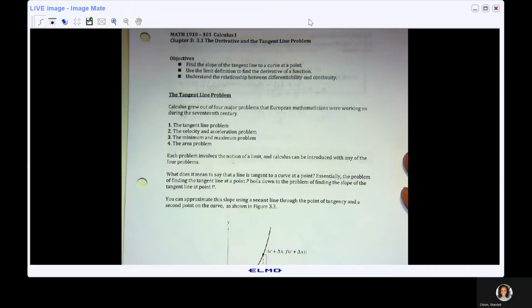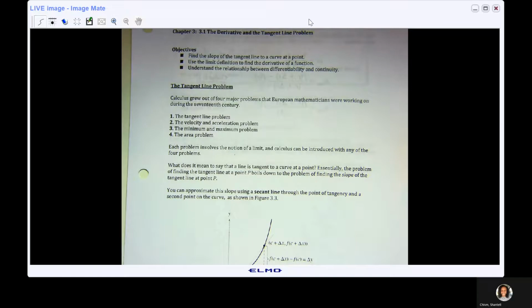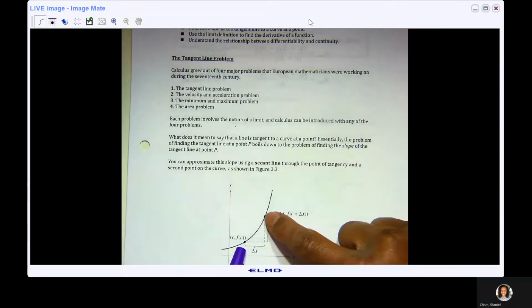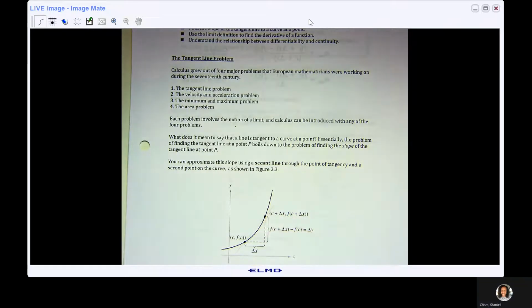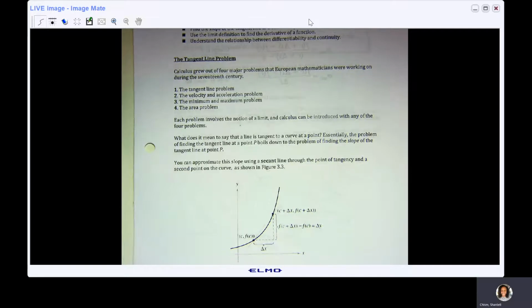You can approximate, as we, what we're doing is essentially precast, but now